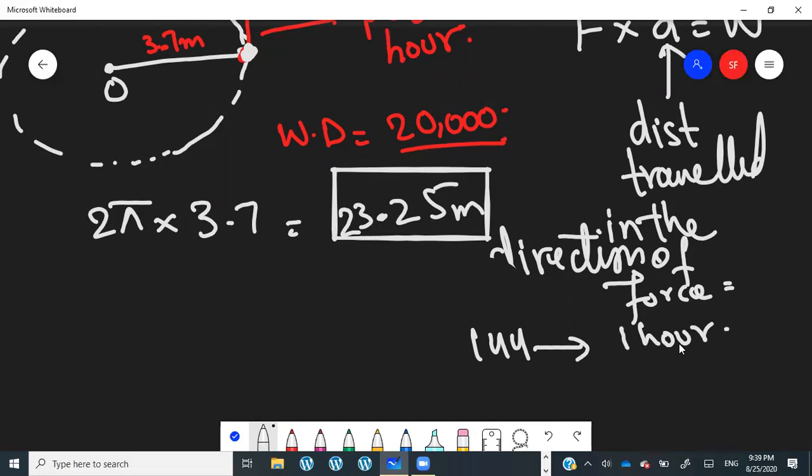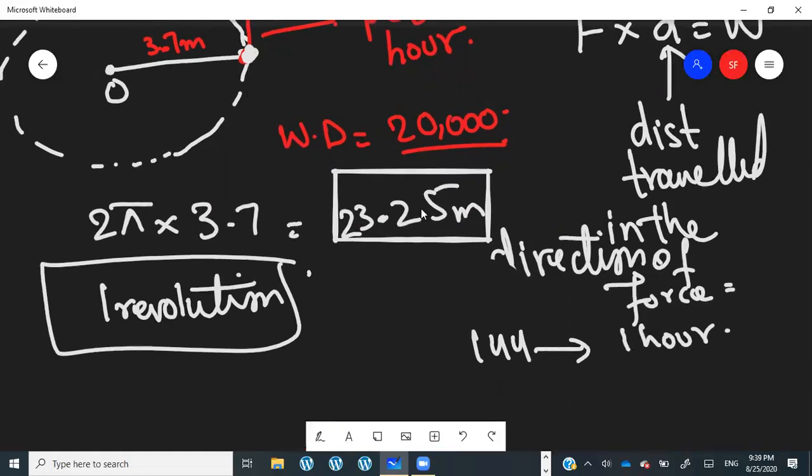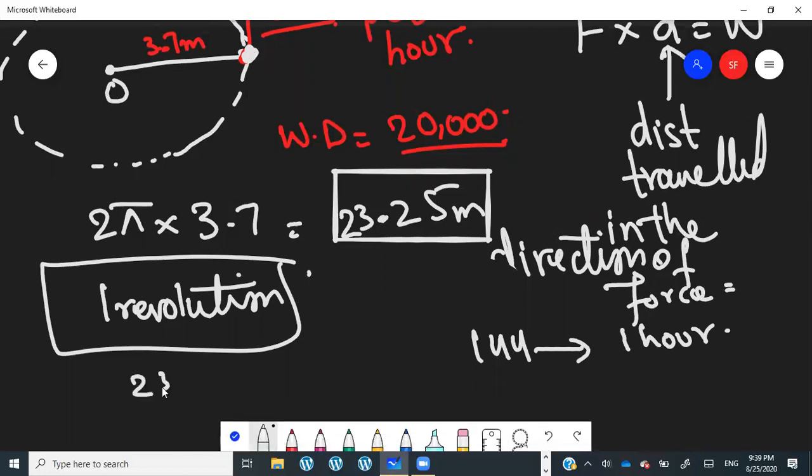If you read the question again, the examiner is asking you to show that through one revolution. They are asking us for only one revolution, not for all 144. The answer that I was calculating was for the entire 144 revolutions. For just one revolution, we know that the distance traveled, meaning one circumference, is 23.25. When we multiply it by the force, which is 800, the answer turns out to be approximately 20,000. Please do the calculation. What's the answer?